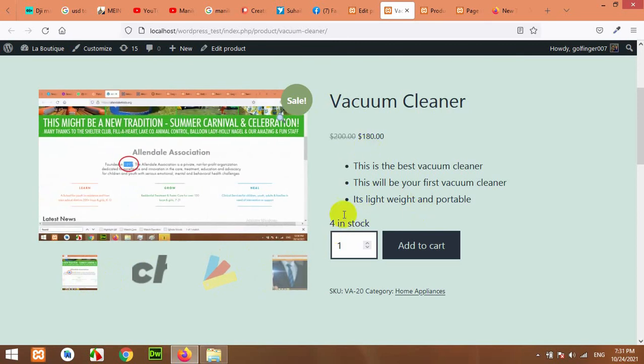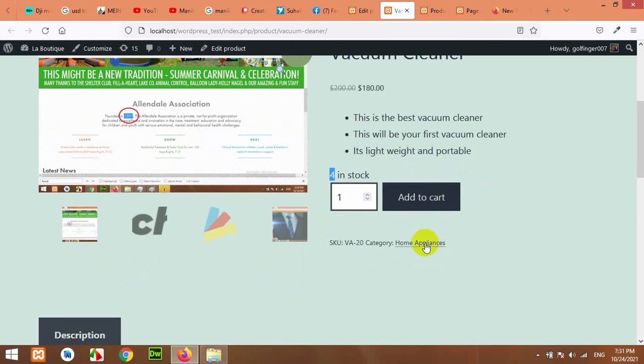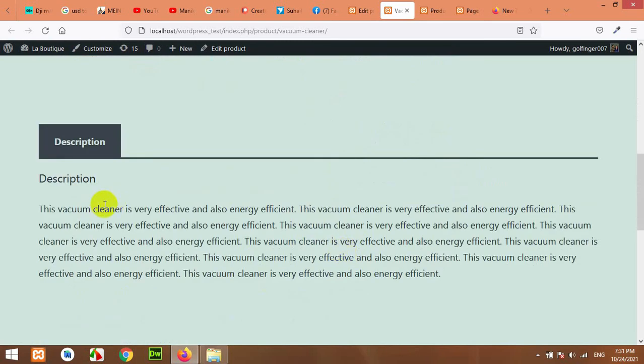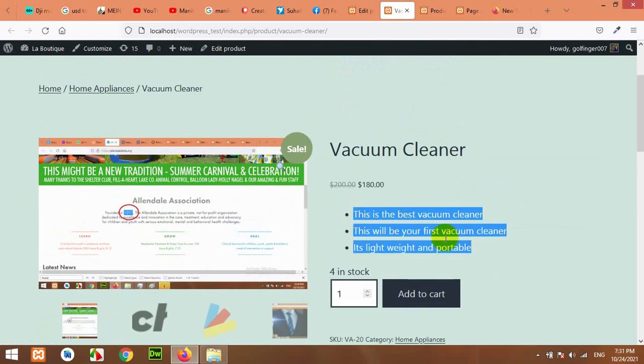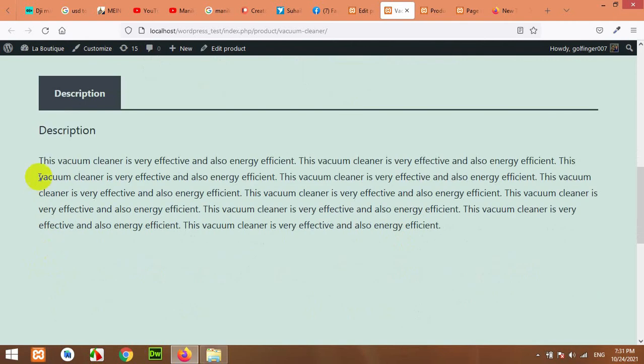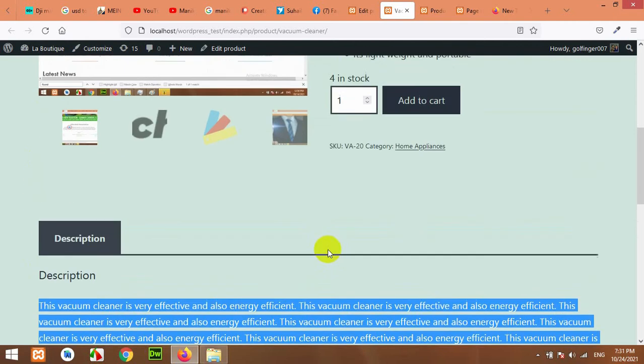Okay, similarly we have the stock, for in stock, we have add to cart button, we have the category, we have the SKU, and finally we have description. So these are the bullet points which were given into the short description section, and this is the full description.